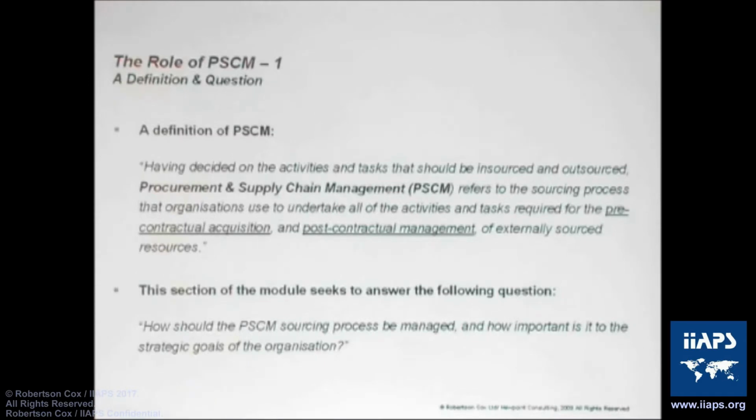So very clearly, any organisation, whether public or private, has to manage a pre-contractual phase and a post-contractual phase in the sourcing process for all externally managed third-party goods and services. So when we talk about procurement, sometimes I'll use the words purchasing, but they're interchangeable, procurement and purchasing. I normally use procurement. Procurement and supply chain management refers to the process by which people acquire pre-contractually contractual relationships with suppliers to provide goods and services,